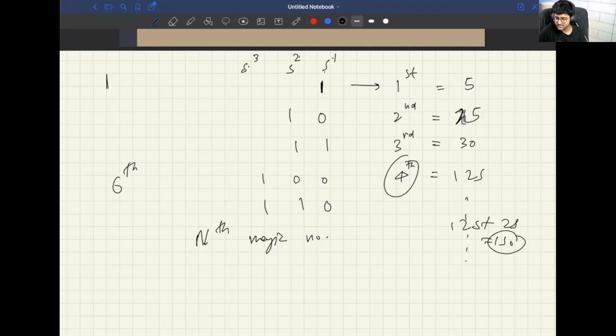Right? So just check this bit, right shift. Check this bit, right shift. Check this bit, right shift. Till your number is not 0. Till then you can do right shift. Is there a way to do this without loops? I don't think so.